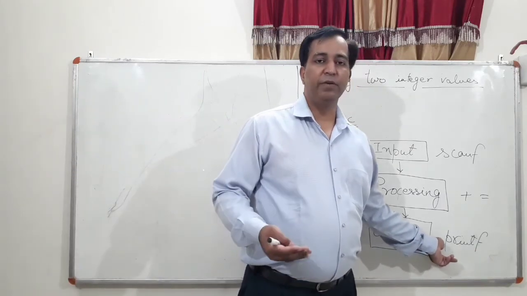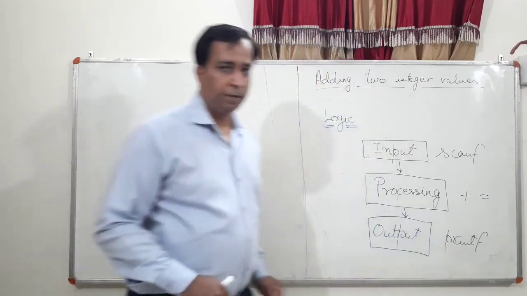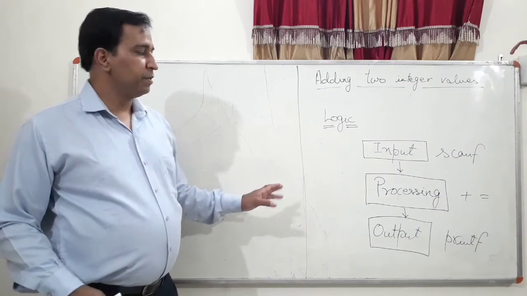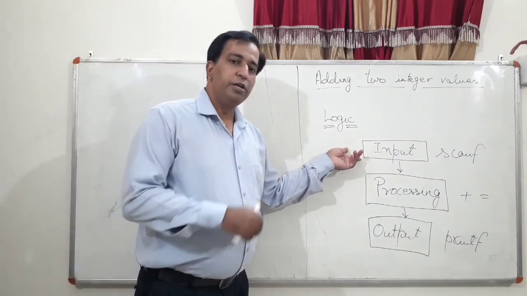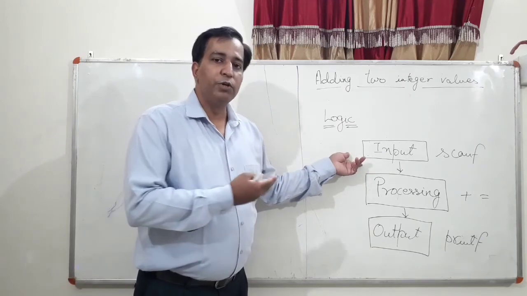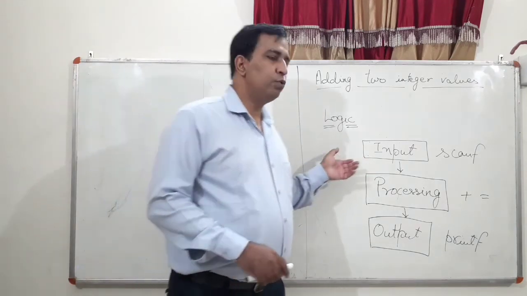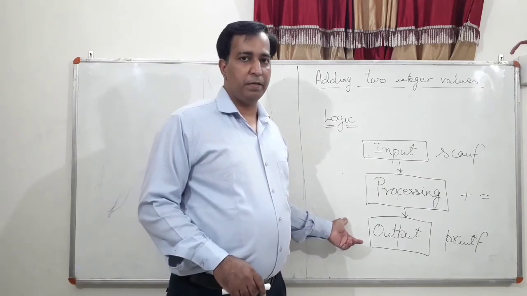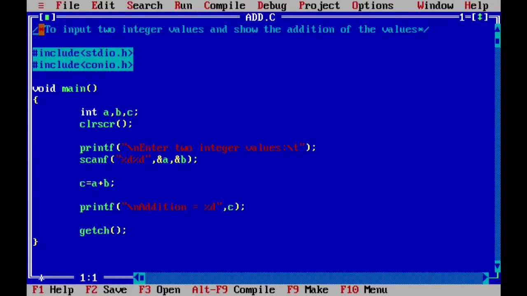That result will be displayed with the help of printf function. Now it's not exactly the same that we'll be writing in the program. This is a normal sequence of the events that should happen. Now how to use this logic in the program? Let's see that on the compiler. Let's have a look at this program.